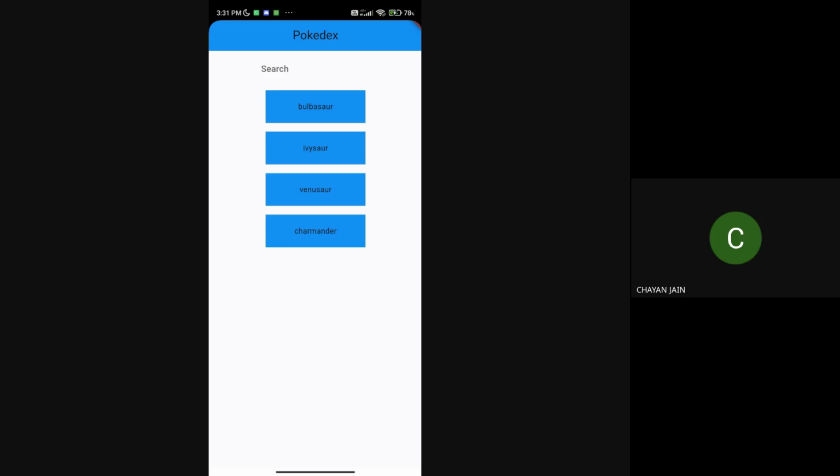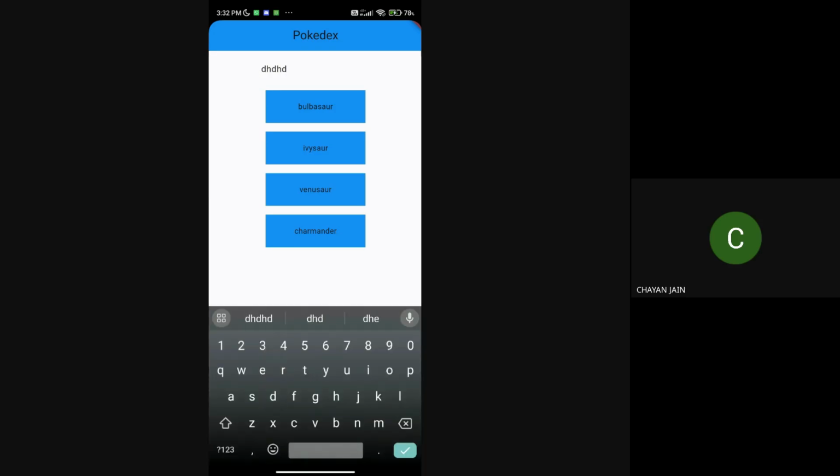Now I'll put this as a controller, search box. And it cannot be a constant since we're giving it a variable. So yeah, now controllers are used for various things. Like once the user fills this, we can use the controller and perform a function